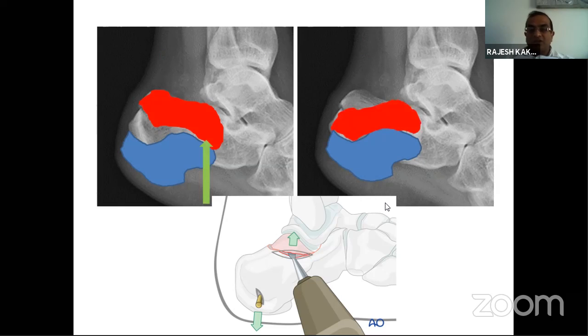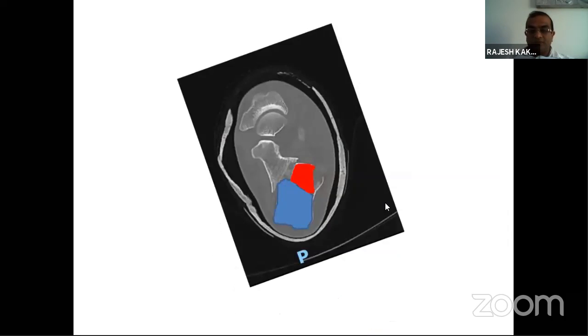So what you would do in this case is that the posterior facet fragment would be elevated to get it congruous to the posterior facet of the talus, i.e. reconstructing the subtalar joint. On an axial view, the similar technique would involve pulling the calcaneal tuberosity fragment down to regain the calcaneal height, restoring the posterior facet of the subtalar joint, and then you have to use internal fixation devices,